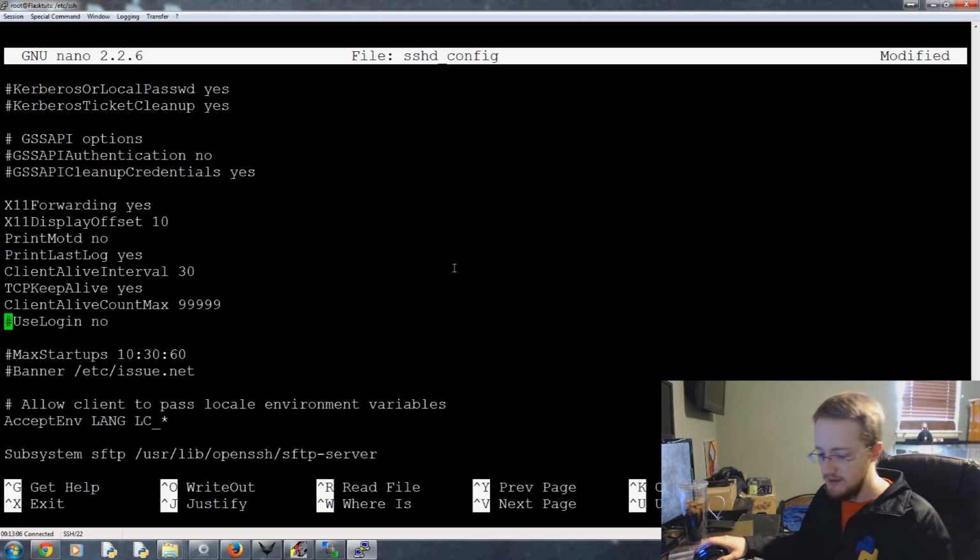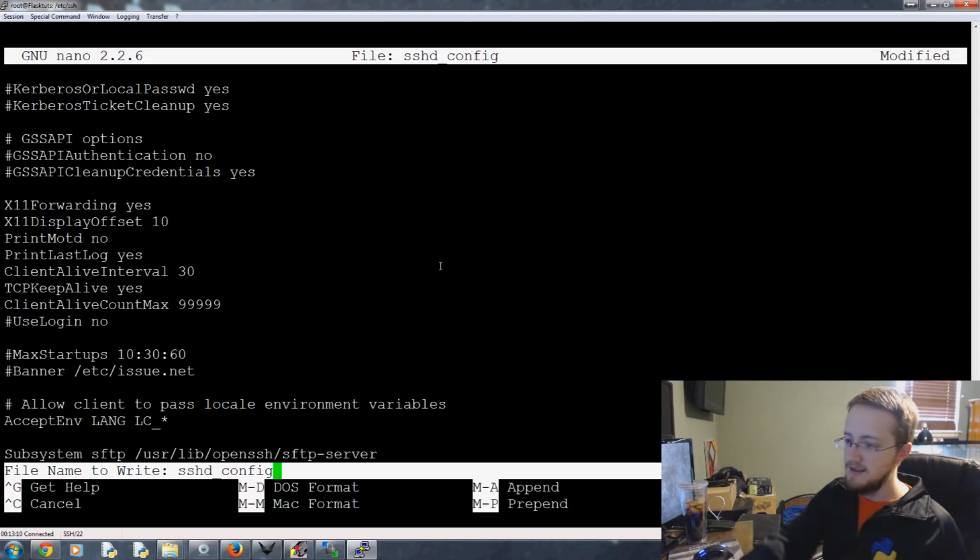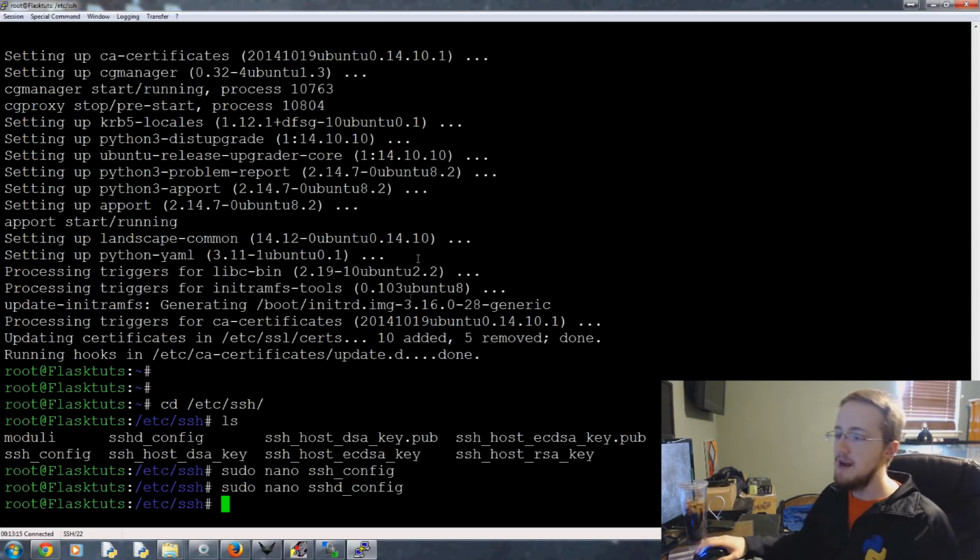Now we want to save and exit, so Control X will exit. It's asking if we want to save it. Y for yes. This is the file name, as long as you want to save it the same file name. Enter. Done. So now we have, in theory, a very long timeout, but of course we need to actually,